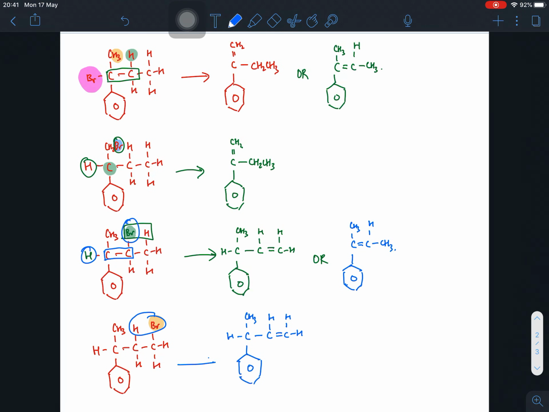So if you look at what the question has mentioned, it says that out of these four, on the left-hand side, which is the alkyl halide version, there consists of B and C, which can form the same compound that exhibits cis-trans isomerism. So let's look out for same compounds first. So if you look at this